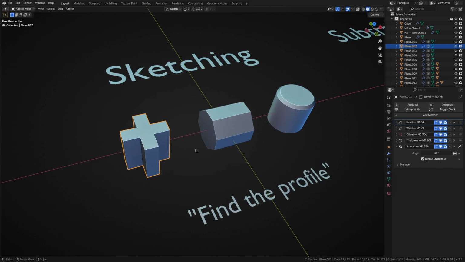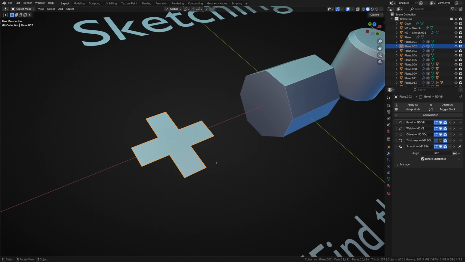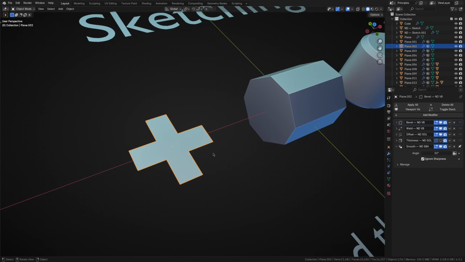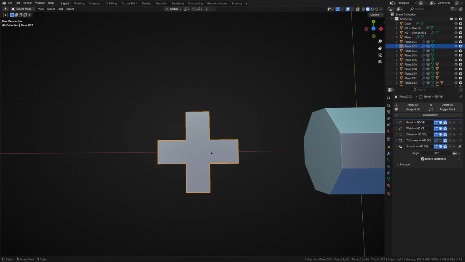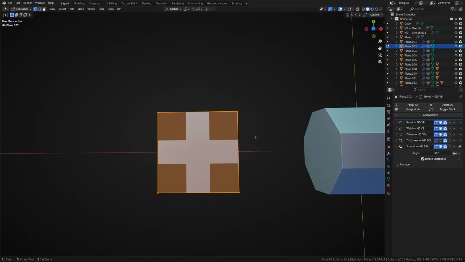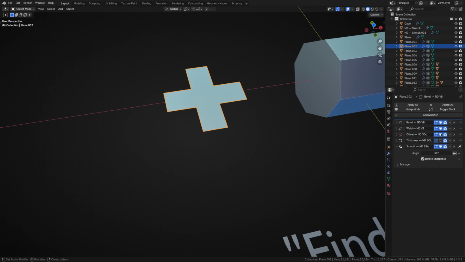Let's take a look at this plus-shaped object. If we were to represent this as a 2D cross-section or sketch, it would be a flat, planar cross shape. Easy enough. But can we go further with our simplification? Yes, we can. Instead of creating the shape using a series of strategically placed vertices, we can start with a plane. The trick here is that you can use bevels in unconventional ways. If I jump into edit mode, select the 4 corner vertices and recall the ND vertex bevel operator, I can adjust the bevel's profile to form these concave details. So, once again, a trusty plane is all we need to create this 3-dimensional cross shape non-destructively.